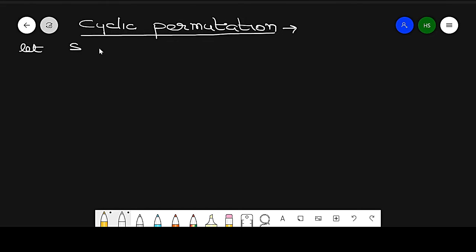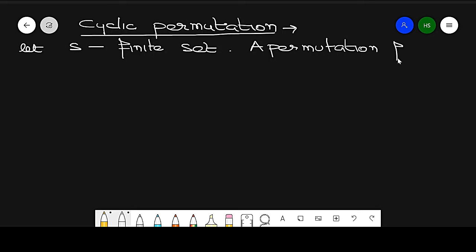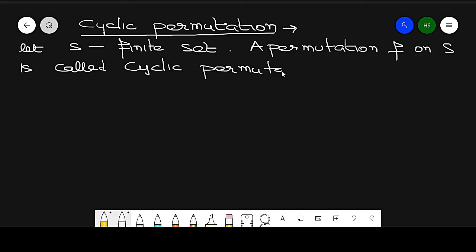Let S be a finite set. A permutation f on S is called a cyclic permutation